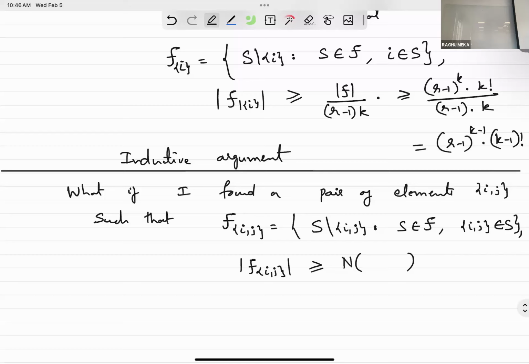And we hit the inductive bound for k minus 1. But it's okay if I take out 2 elements too, potentially. But what should I shoot for here? How big a family should I need? So for example,